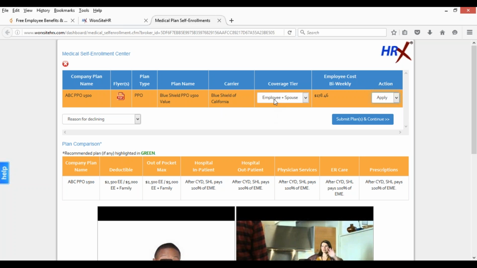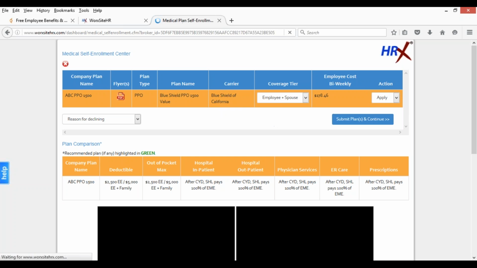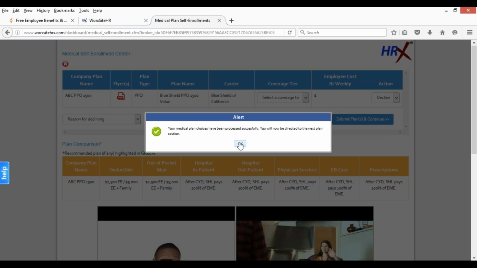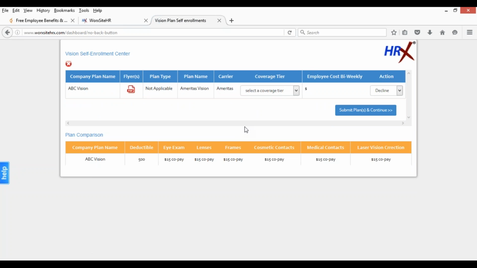I'm getting it for the employee and the spouse of Dave Dawson. I'm going to click Submit. And now I get an alert that says the choice has been processed successfully. I'm going to click OK. And it's going to take me to the next plan in the sequence, which in this case is a vision